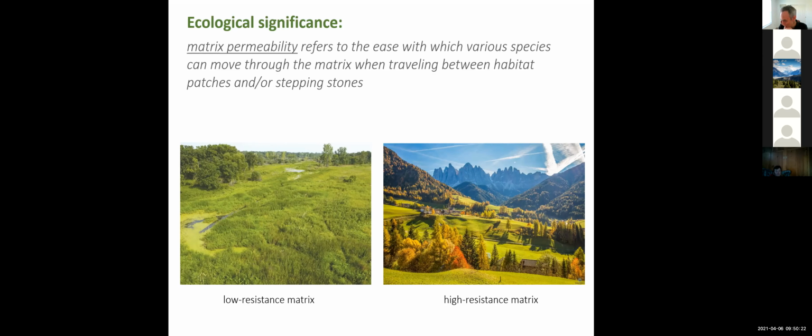It simply means that the focus in reconnecting fragmented habitats shouldn't solely be looking at patches and corridors. In some places where habitat reestablishment isn't an option, by properly managing the structural quality of the matrix, you can have a significant positive impact on habitat connectivity just by lowering that level of resistance in the landscape.